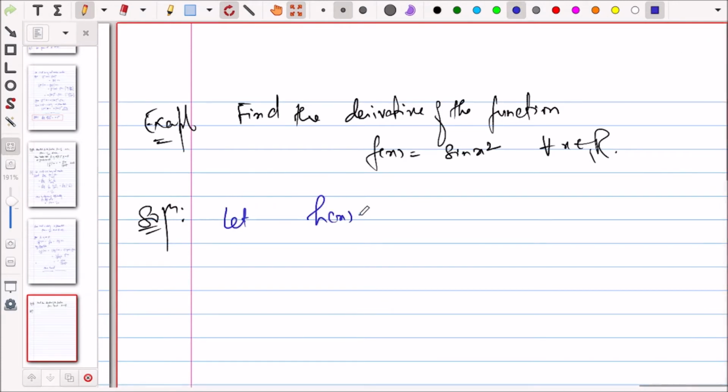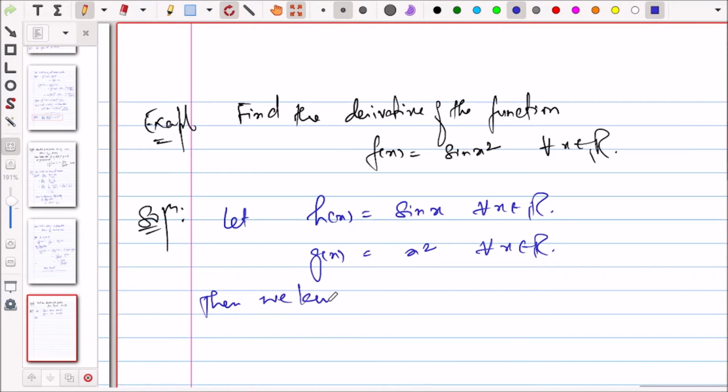दो फंक्शन होंगे। hx इक्वल टू sin x फॉर ऑल x in R and gx इक्वल टू x स्क्वायर फॉर एवरी x in R, then we know that। ठीक है, डिपेंड्स, अगर ज्यादा मार्क्स का है तो प्रूव भी कर दो साइन एक्स का और इसका, और कम मार्क्स का है तो देन वी नो दैट कर दो। ठीक है, डिपेंड्स, अगर एक दो मार्क्स तक का है तो जस्ट राइट कि वी नो दैट, अगर 4-5 मार्क्स का है तो देन इसको प्रूव भी करो। ठीक है,